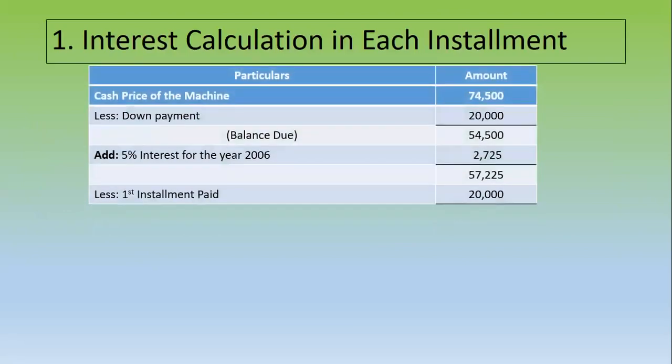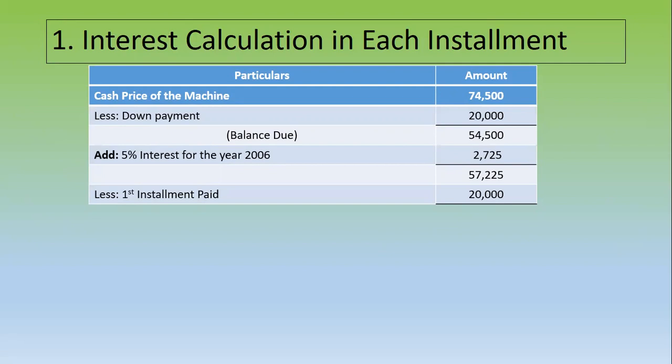Right? Now the cash price of the machine is 74,500 and the down payment is 20,000. So 74,500 minus down payment, you will get the 54,500 balance due. That will be the outstanding balance after deducting the down payment. So the interest calculations, installment amount, everything will be calculated for this balance amount only, for 54,500. Now, in this question, we have 5% interest rate for the year